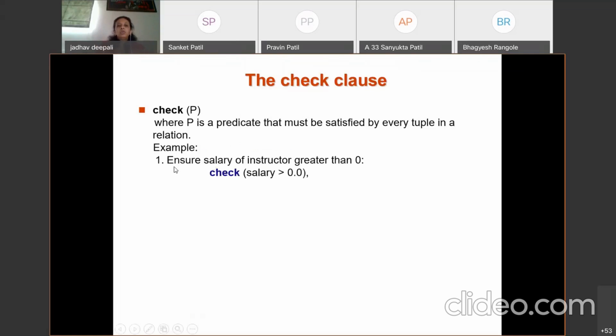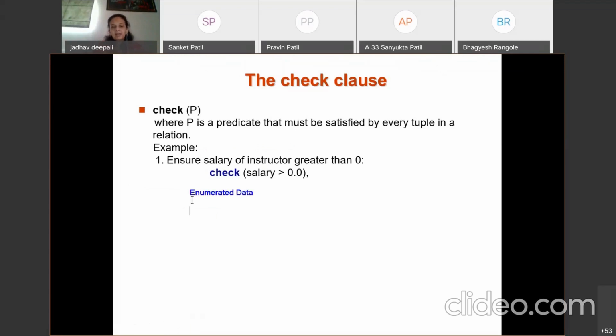Okay. Now ensure salary of instructor greater than 0. There is another use of check: for an enumerated data type we can use the check. What does that mean?